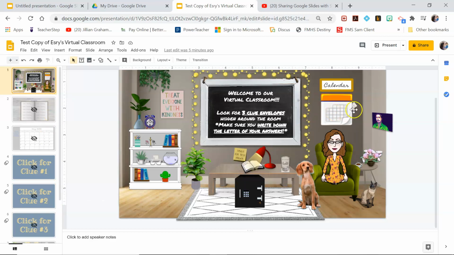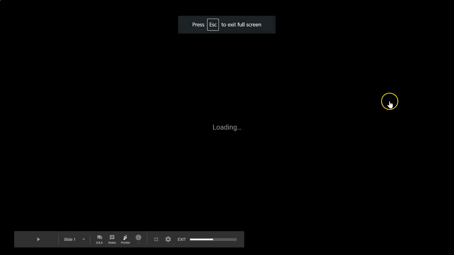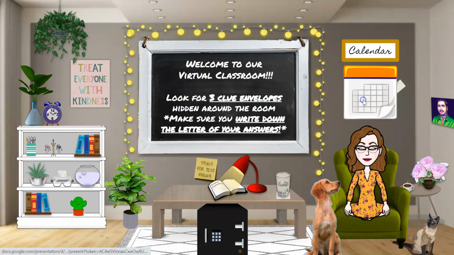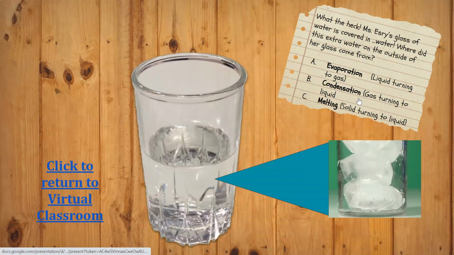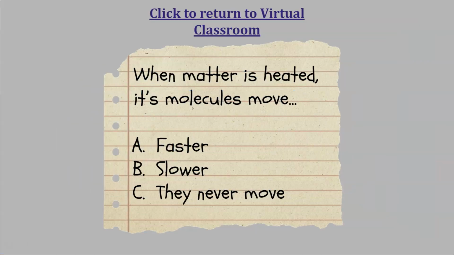Now, one other issue with this is that, even if this bar was hidden, we'll just pretend that bar is hidden, if I move to a skipped slide as a student, I can now use my arrows to get to all of the other slides. So my fix for that